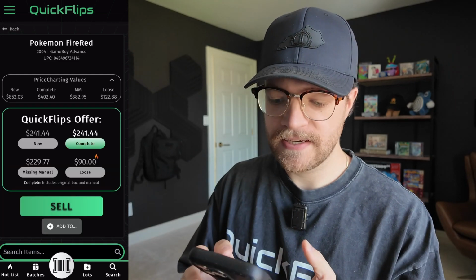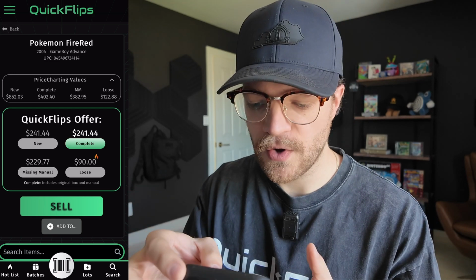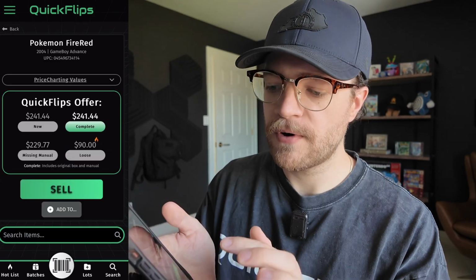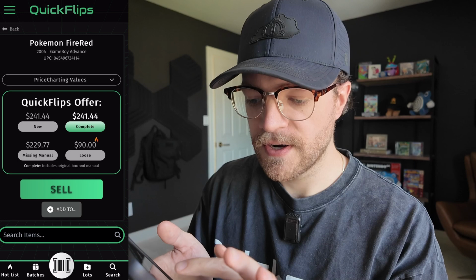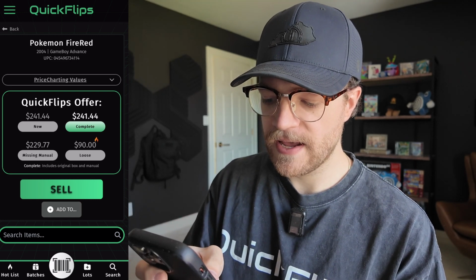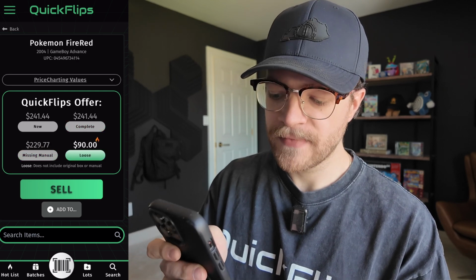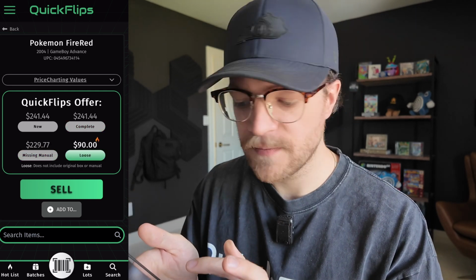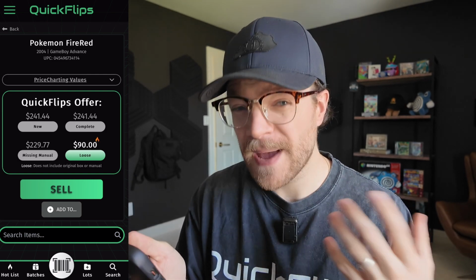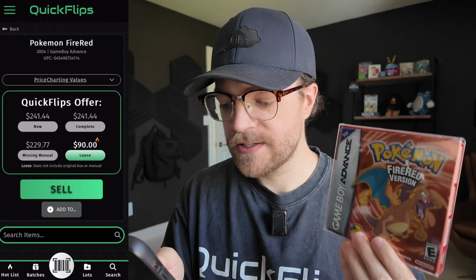And here we can see the price charting values up top here, which is just like the going market rate. And then the more important part is the QuickFlips offer, which will vary based on condition. You can see there's complete, there's missing manual, there's loose. This little flame icon here means that that condition of the game is on our hot list and is an especially competitive price. This copy here is actually complete, so we'll go ahead and select complete condition,